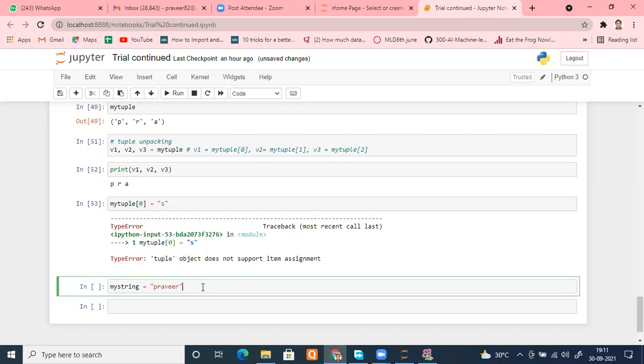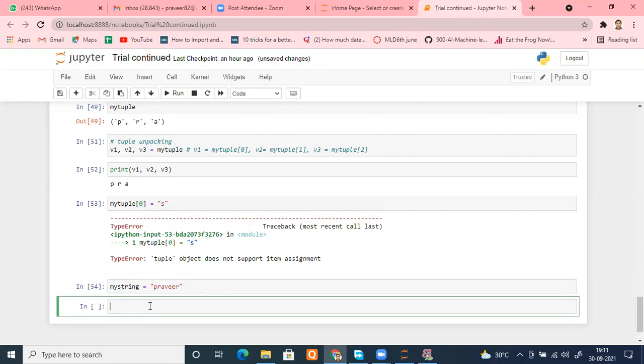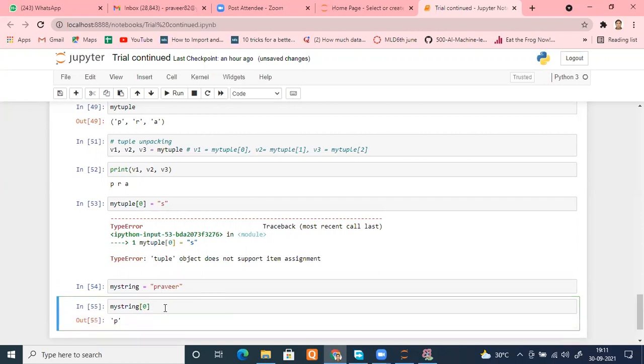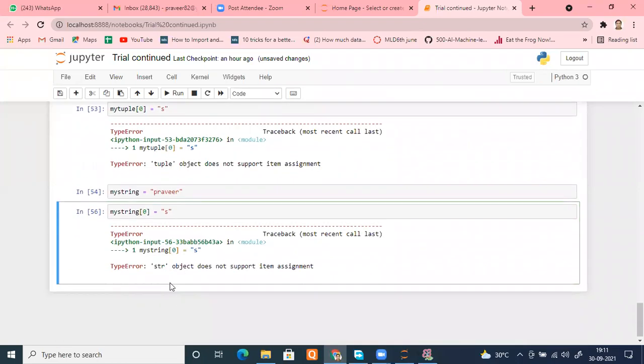I can access an individual element, no problem with that. My string, first element I want to access, I will put 0. It will give me P. But the moment I try to assign something else instead of P, like S or C, whatever you want, and run it, the same kind of error you will get.